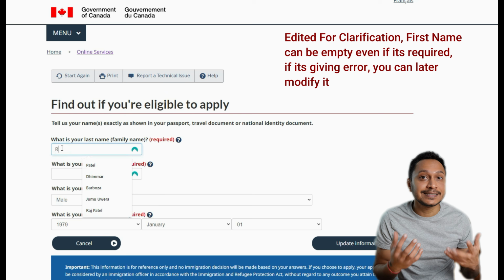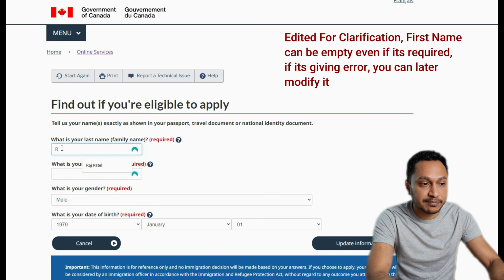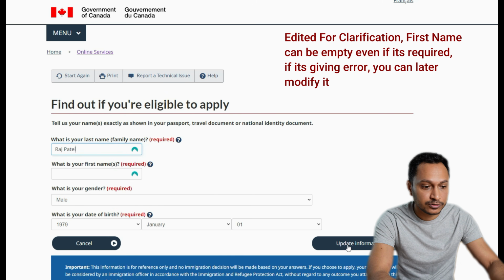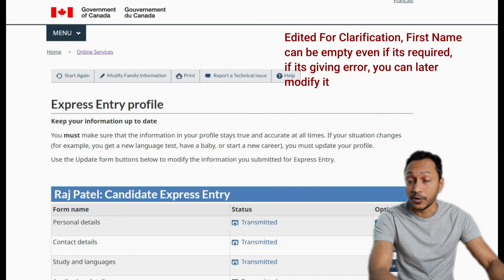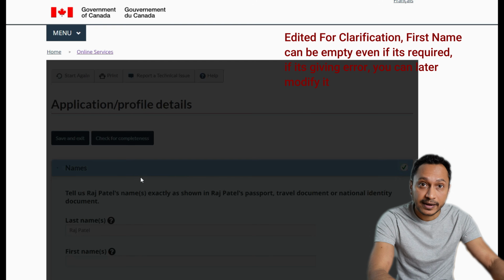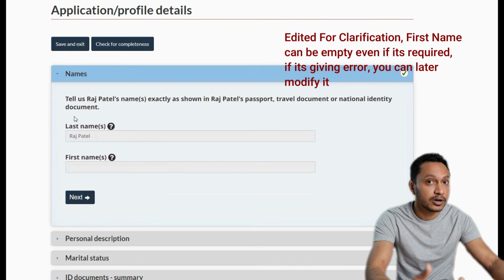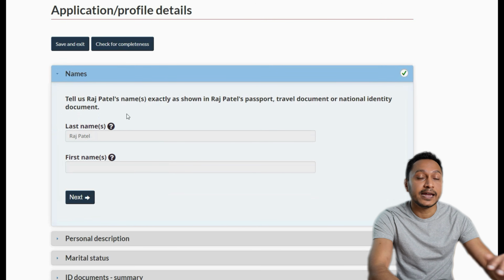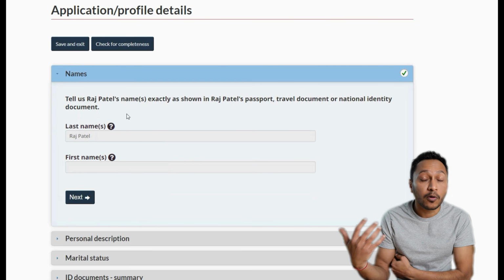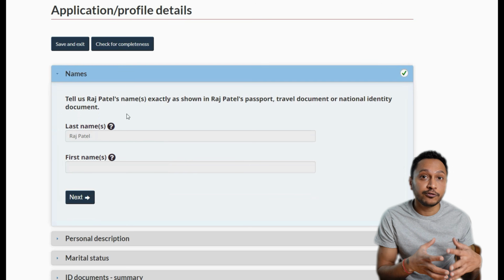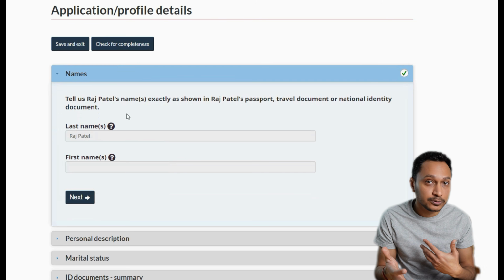So here I suggest people that even though you are seeing that there is a first name which is required, I want you to not enter anything in the first name and it will let you go. Yes, it's surprising. Even I tried it and it worked. Before I was using the first name and last name, but not anymore. And because it would also exist in my work permit and my study permit, or if there are any other permits or not, if you are not in Canada, you can still do the affidavit